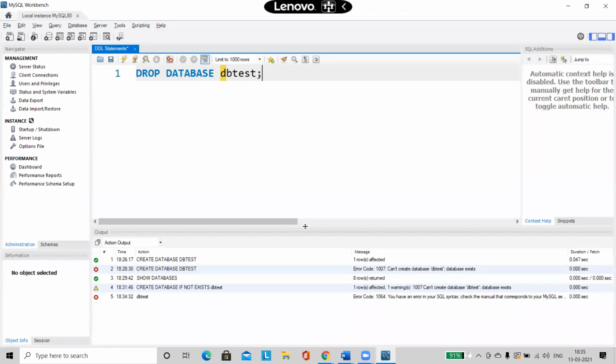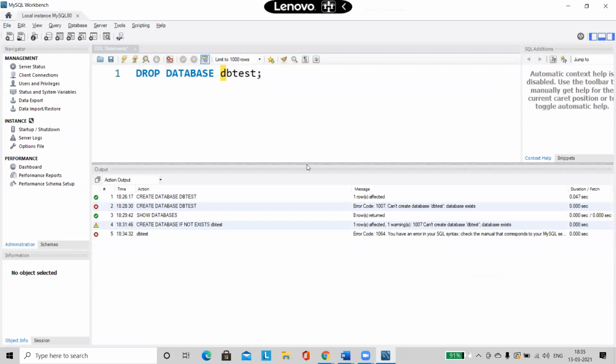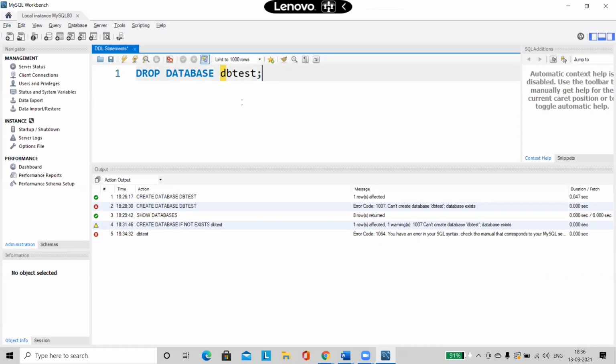But remember one thing, whenever you're going to delete a database, in case the database has any tables or any procedures, any views inside that, everything is going to get deleted. When you delete a database, everything that is present inside the database is going to get deleted. So this is one very important point you have to remember. See, as of now, my DB test is empty, so I am not bothered about it. So I can drop this database. Suppose if I have created any tables inside this, then all those things will also be getting deleted along with this. So this is what you have to understand.